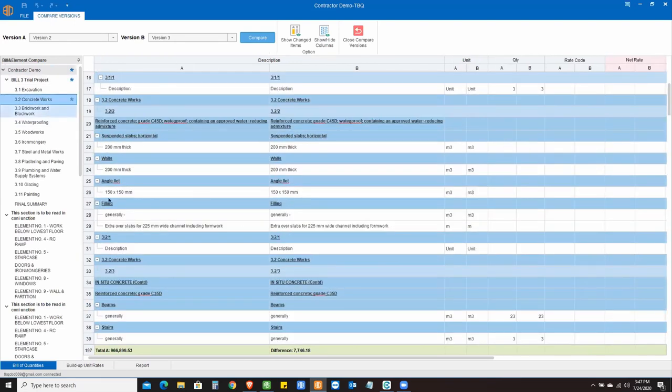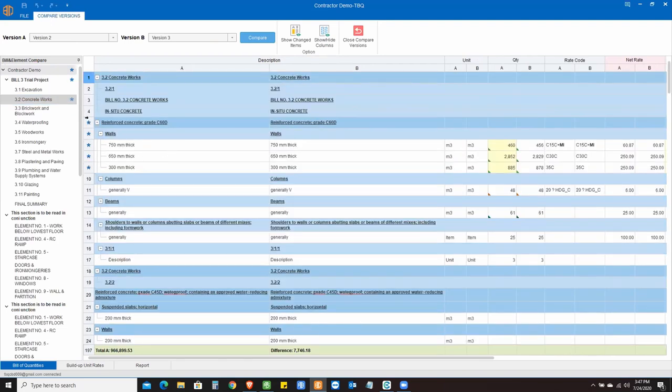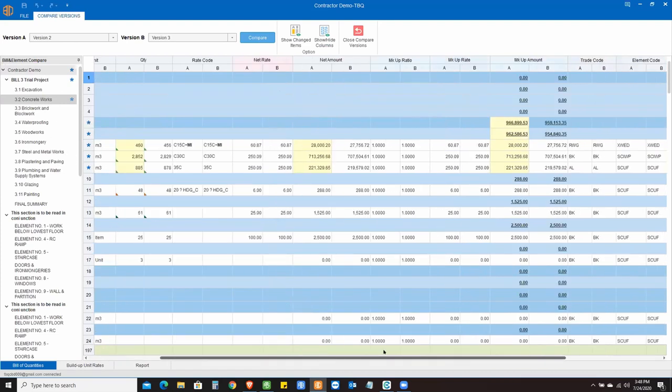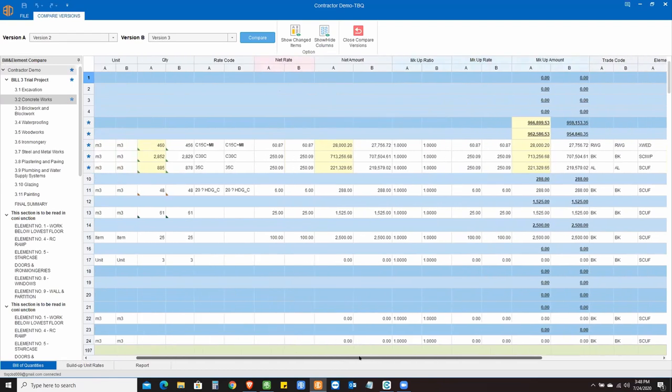For this particular items, I have got changes over here. So I have got headline, all the way to the bill items. It shows me in star mark what are the changes being made. Now, if I want to check out the changes, then I can check out by going to each of these cells. So I've got the quantity which are being changed from 460 to 456. We have then got the net amount which are being changed all the way to the total amount of that